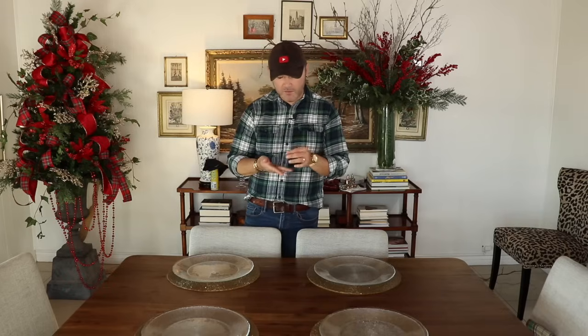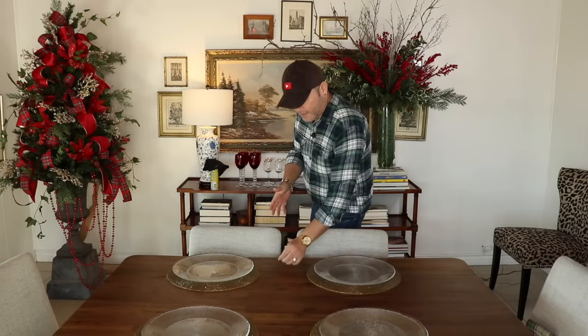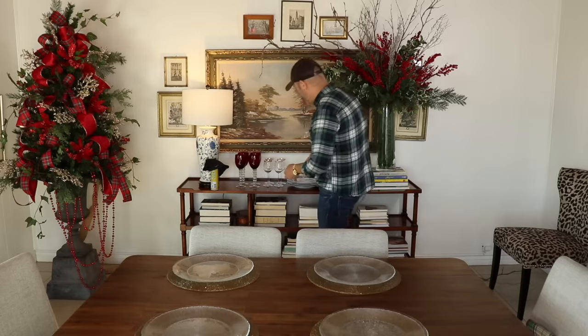So far we have 2 chargers, a beautiful gold one with sequins and beads, and one of them is stuck on my finger and it had some glue. I'm gonna put it right here. I'll take care of it later. Oh, there's 2 actually. And then so now what I'm going to do is I'm going to do my dishes,